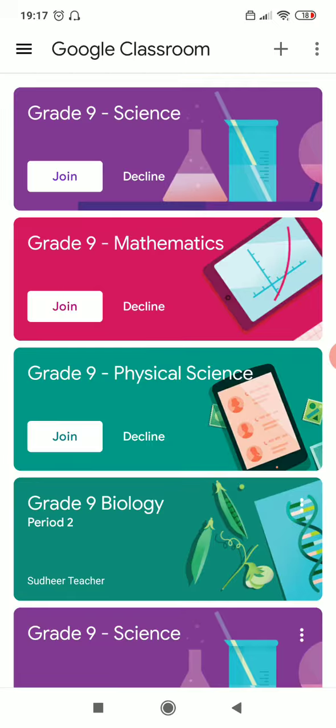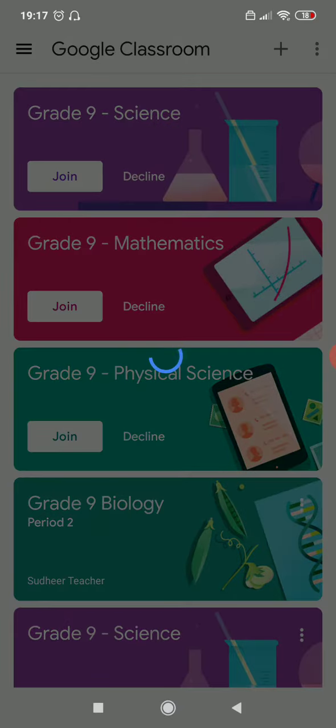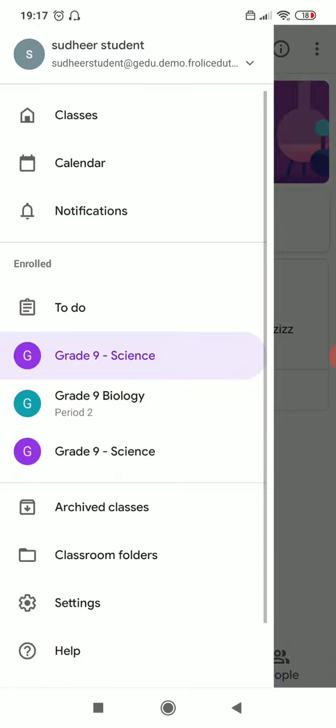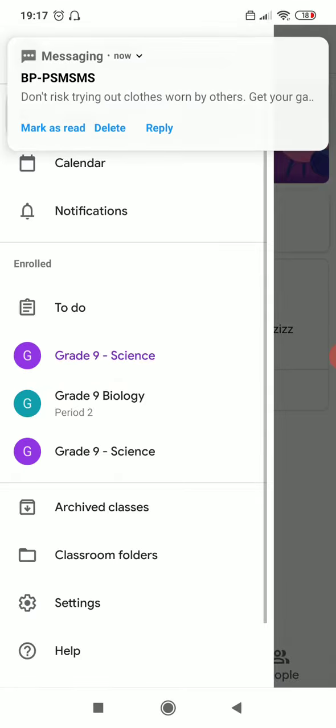Right, now we should make sure that you click on join of each and every class that you see on your dashboard. Go back to the classes to join other classes.